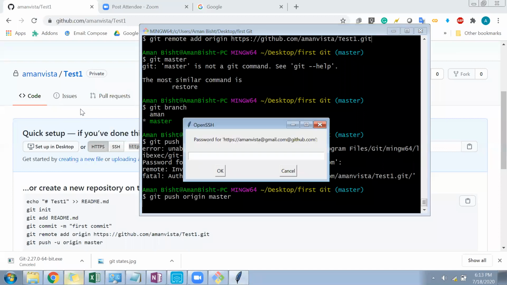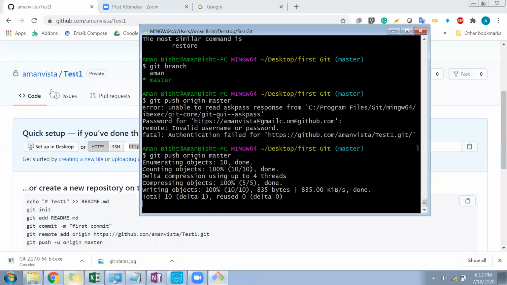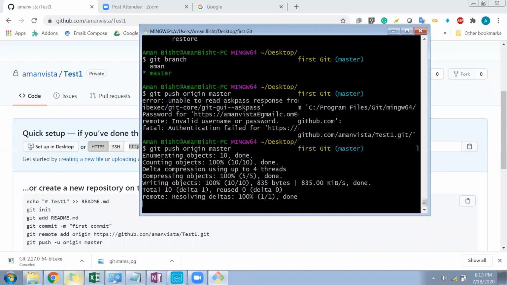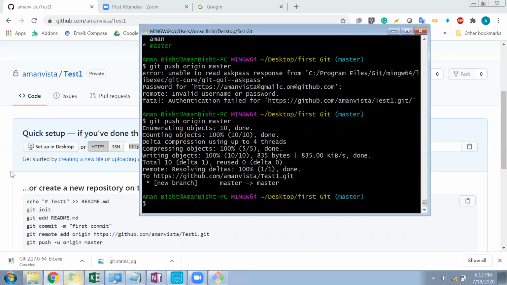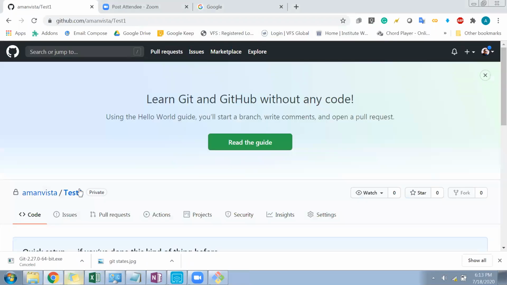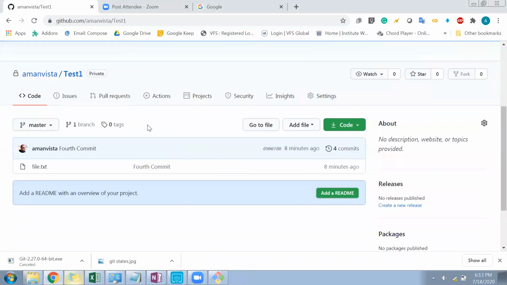gmail.com, and I'll write my password. So I have written my username and password. Then what will happen? This file now will be copied over here. Okay, so now you can access this